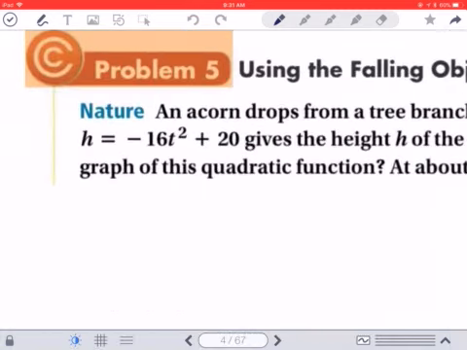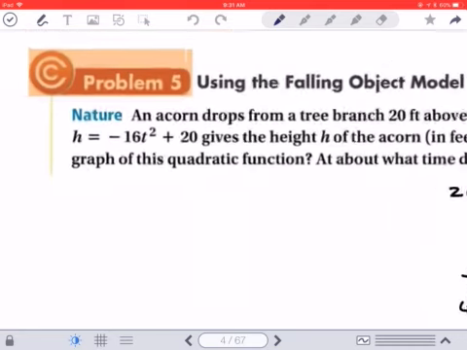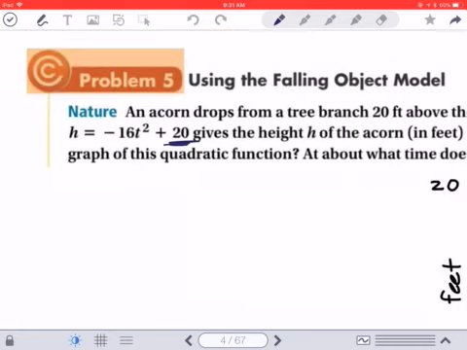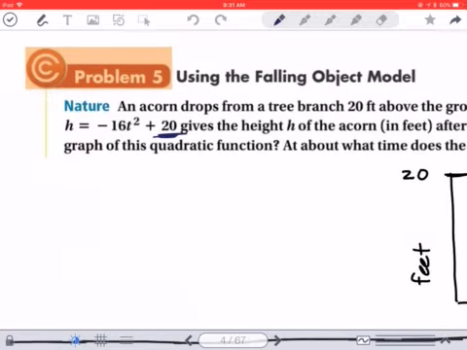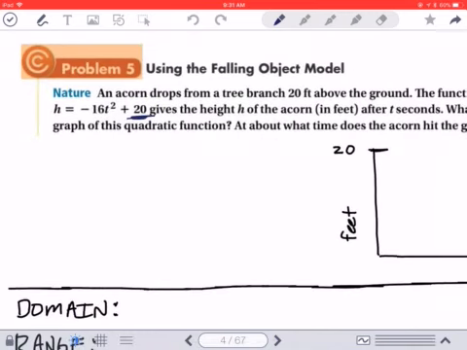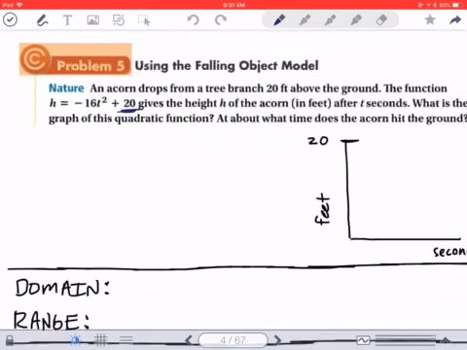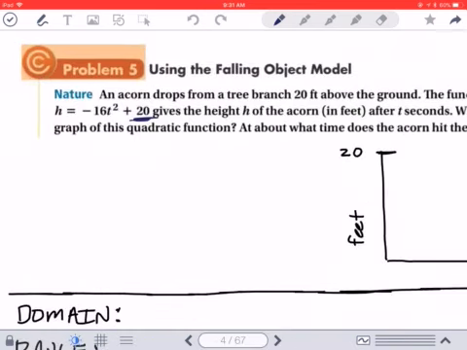So remember we talked about negative 16t squared. You're going to see that a lot. That has to do with gravity. And then this plus 20 is the height. So the last term in your quadratic function, if it's related to height, is going to be the height that something starts at. So what I want to know is when it hits the ground. When it hits the ground, the height is going to be 0. So I plug in 0 here,